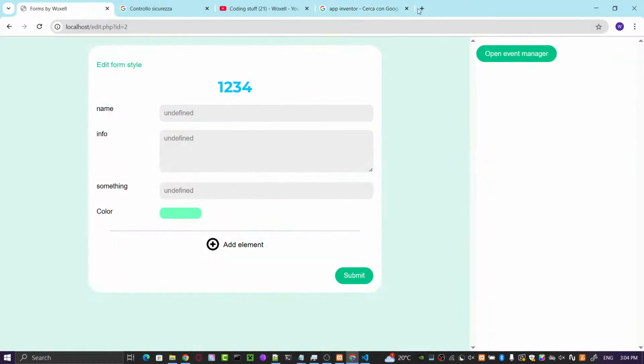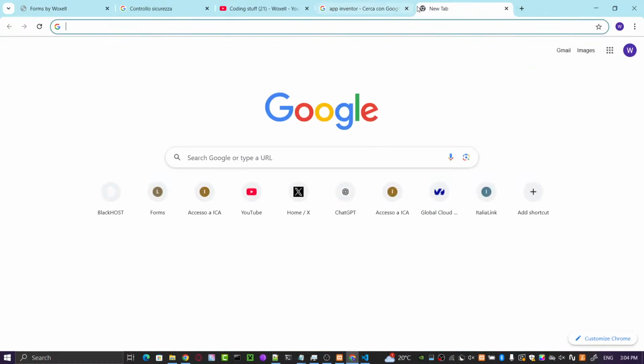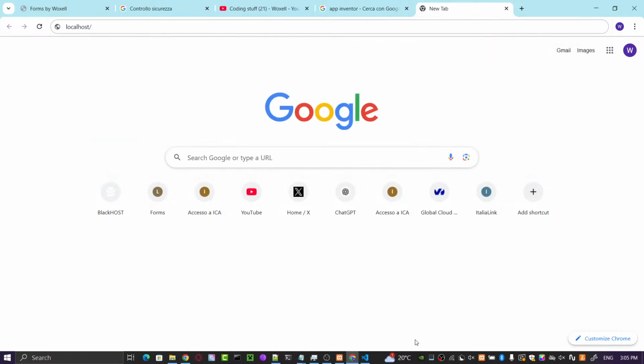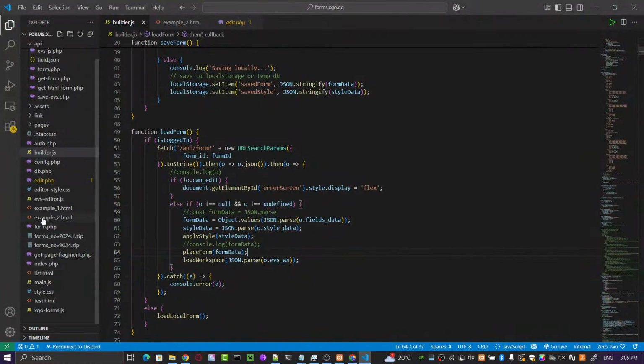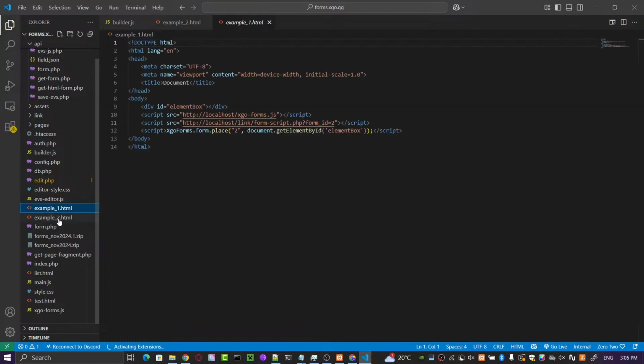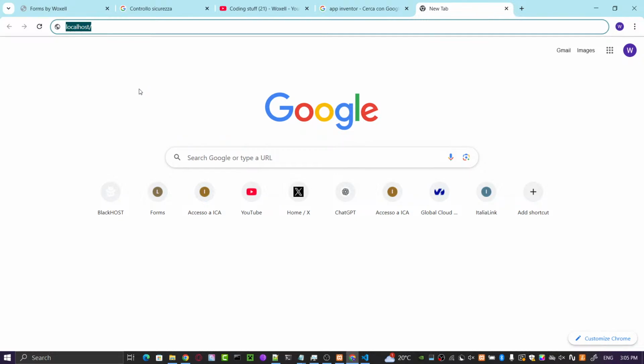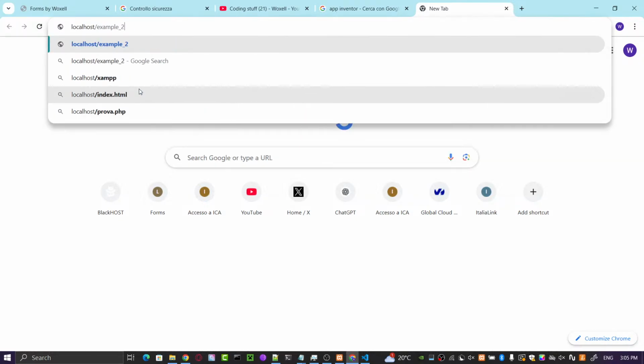And I use this event management system. And another thing, I also made it work. If we go, I don't remember which one it is, I think it's this one. Okay. If we go here, on example2.html, as you can see, my farm actually supports dynamic pages.